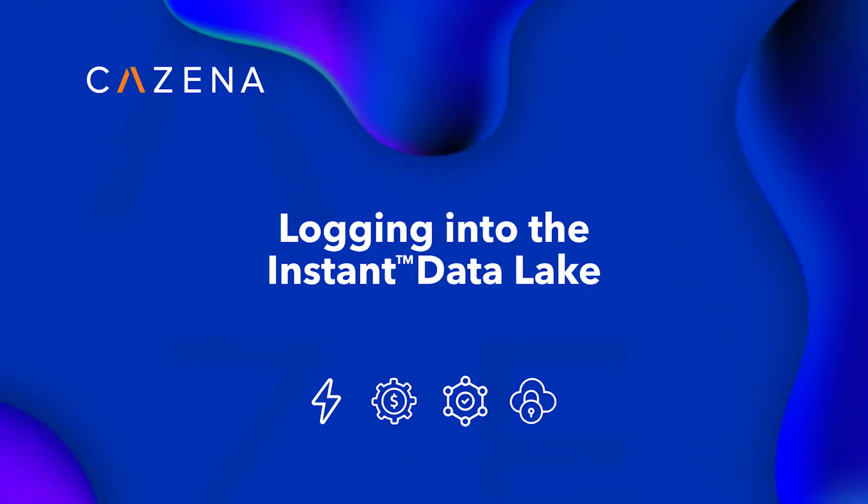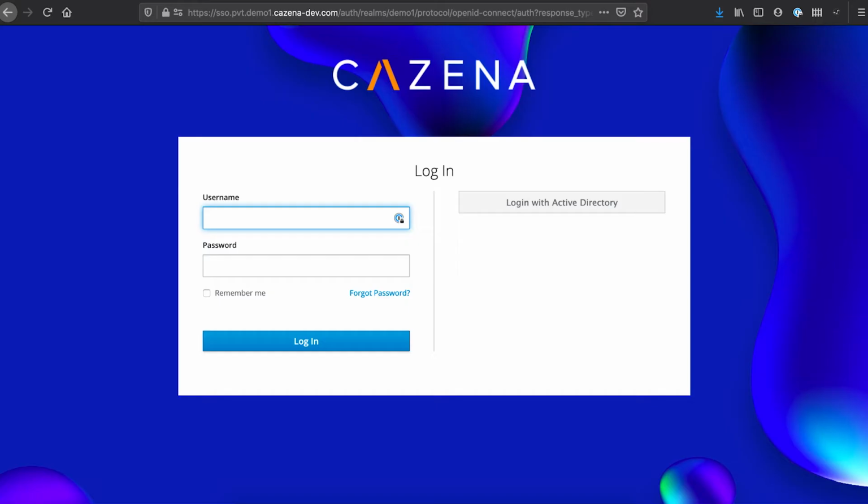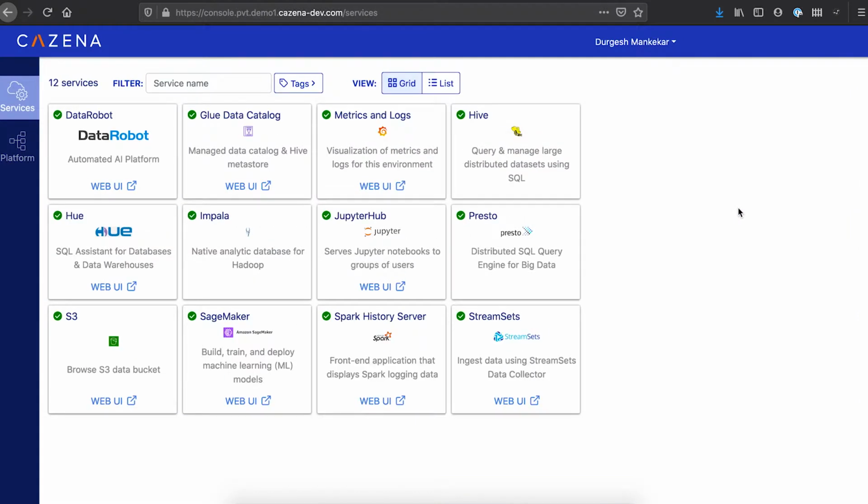To start using the Cazena Data Lake, you will fire up the Cazena console and you'll be prompted for this login screen. The entire data lake has a single sign-on system with a strong authentication. This is a private SaaS data lake provisioned just for you. Once I provide my login credentials or use the single sign-on with an Active Directory, I'm now in the Cazena